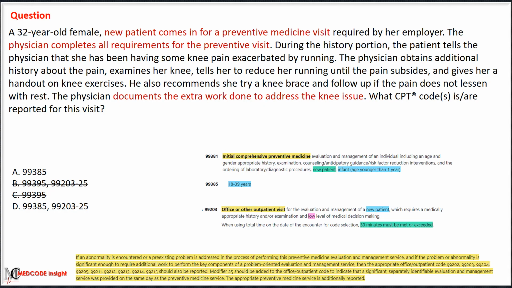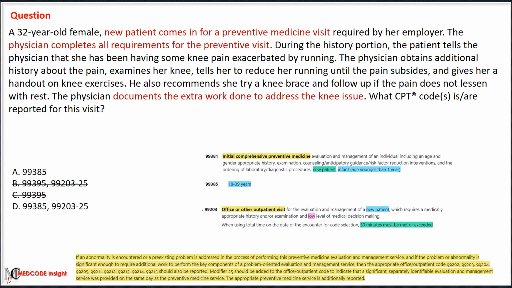In the given scenario, after completing all requirements for the preventive visit, the physician documents the extra work done to address the knee issue. According to CPT guidelines, if an abnormality is encountered or a pre-existing problem is addressed during the preventive medicine evaluation and management service, and if the problem or abnormality is significant enough to require additional work to perform the key components of the problem-oriented evaluation and management service, then the appropriate office or outpatient code should be reported.